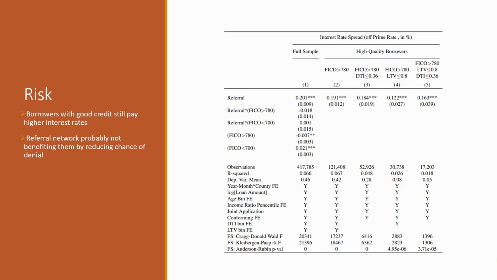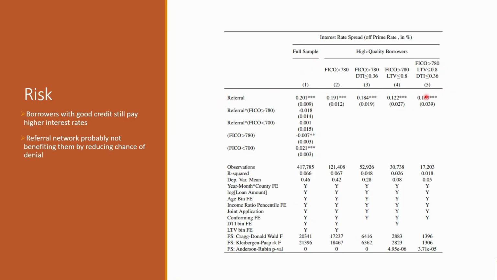They also look at risk, and it doesn't seem to really do much. So the borrowers with good credit, even the ones with great credit, their scores above 780, they have great loan debt to income, they have great loan to value, they're still getting big increases in their interest rate spread. So these people